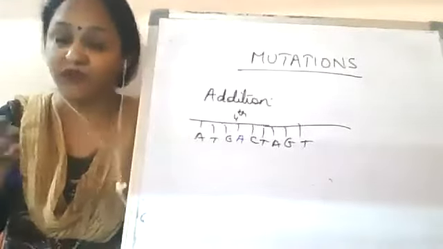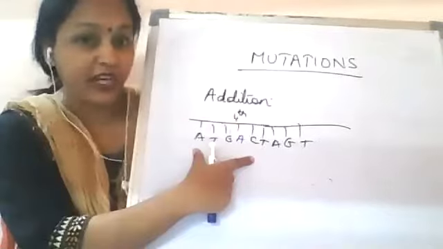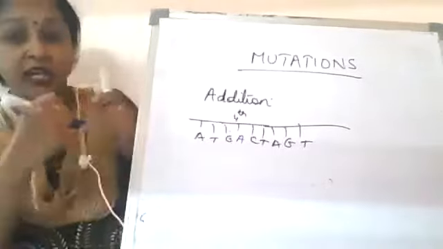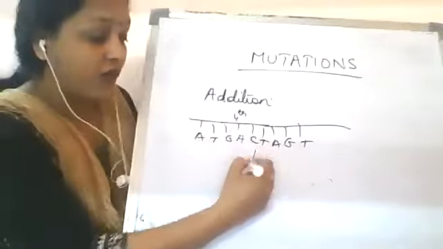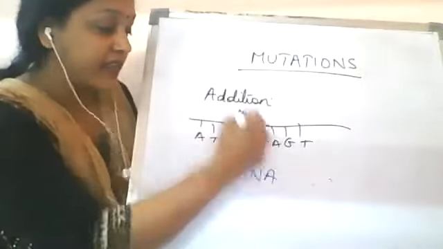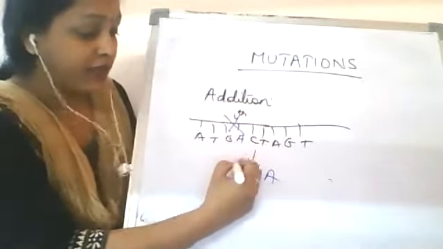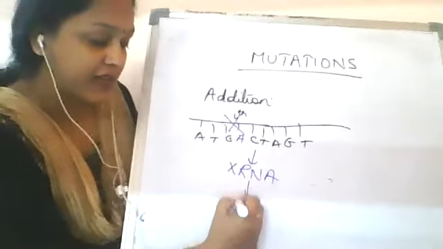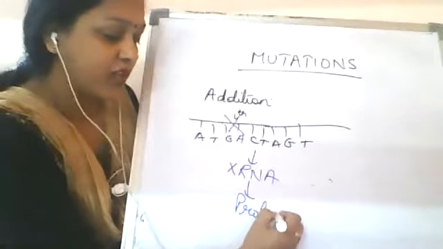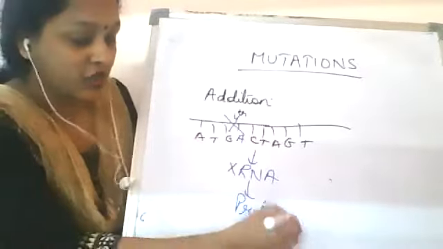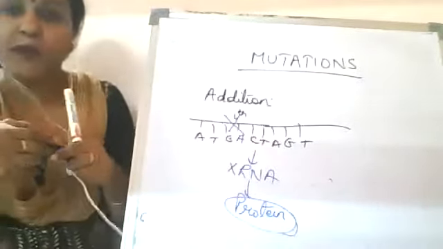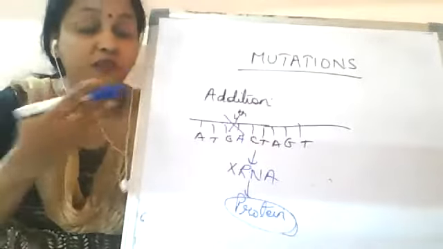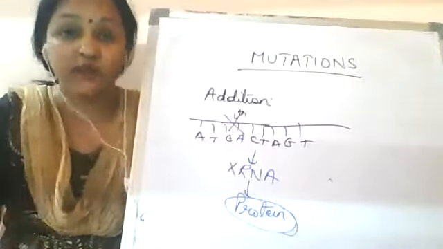Because ultimately, what will happen if the proper nucleotide sequence is not there? DNA leads to the formation of RNA. Once the DNA is of an incorrect type, the incorrect type of RNA will be formed, and this RNA results in the formation of codes for the production of protein. So even the wrong type of proteins will be formed, and proteins carry out all the functions of our body. They control all the functions of our body.